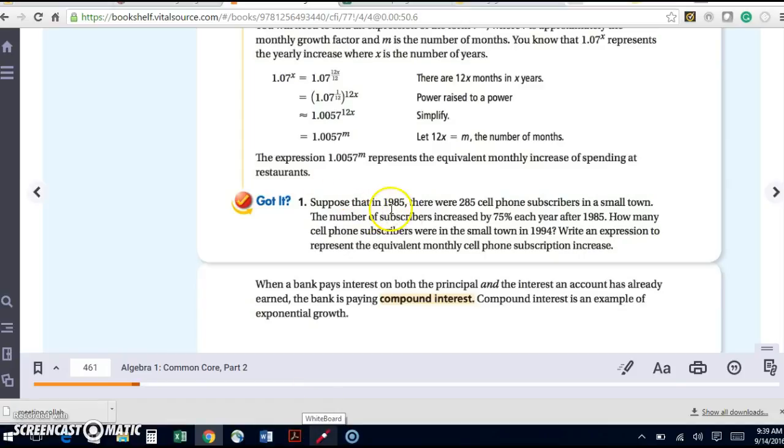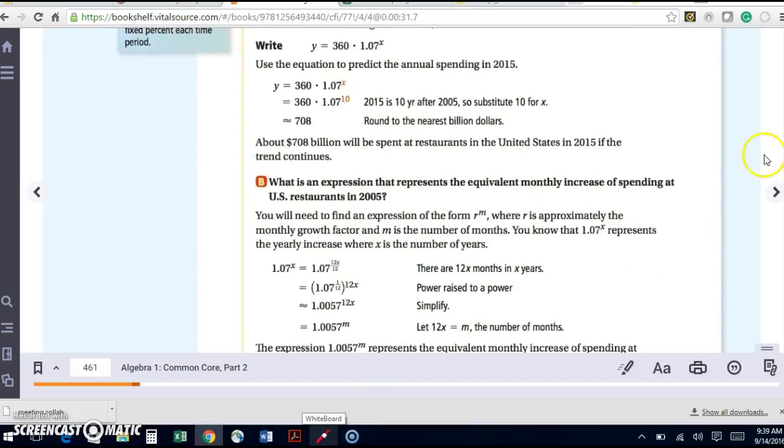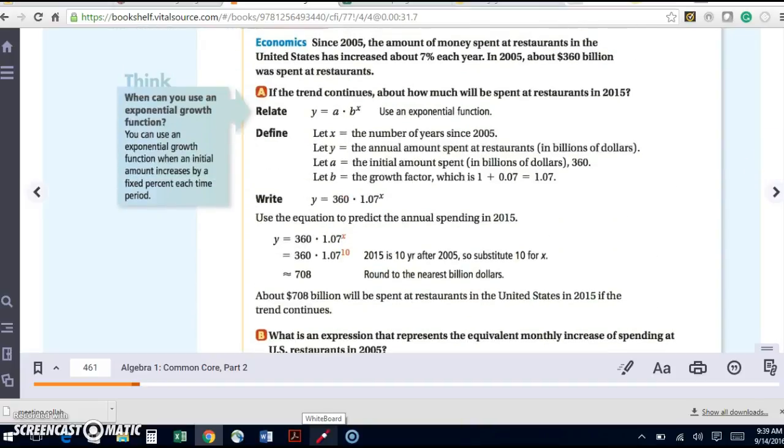Okay, it says, suppose that in 1985, there were 285 cell phone subscribers in a small town. The number of subscribers increased by 75% each year after 1985. How many cell phone subscribers were in the small town in 1994? Write an expression to represent the equivalent monthly cell phone subscription increase. So first, we're going to do this part, and we're going to do it just like they did here. So we'll say x